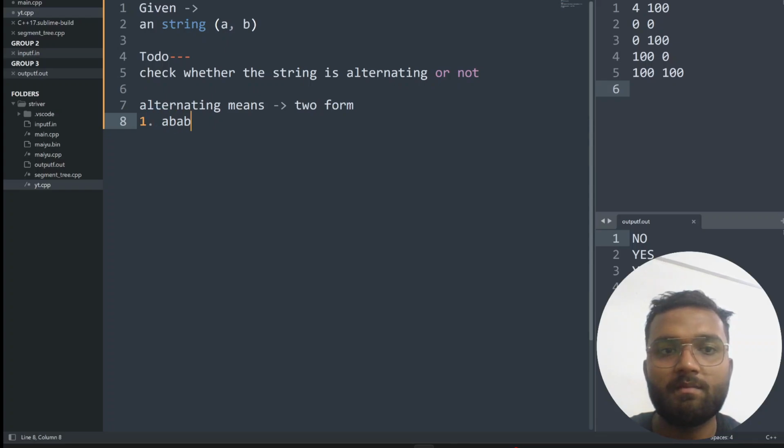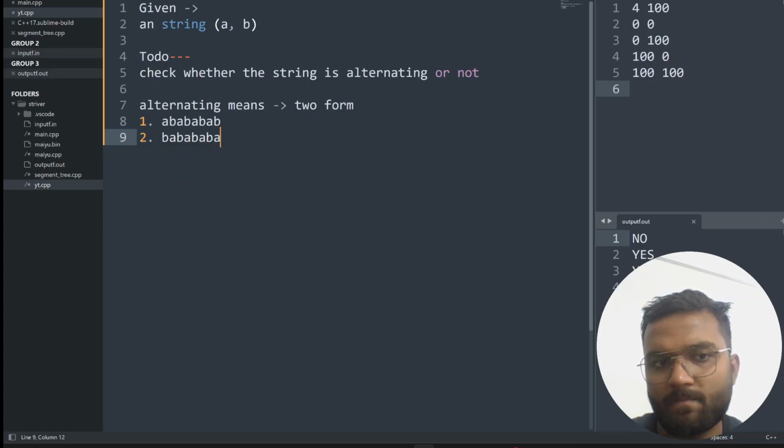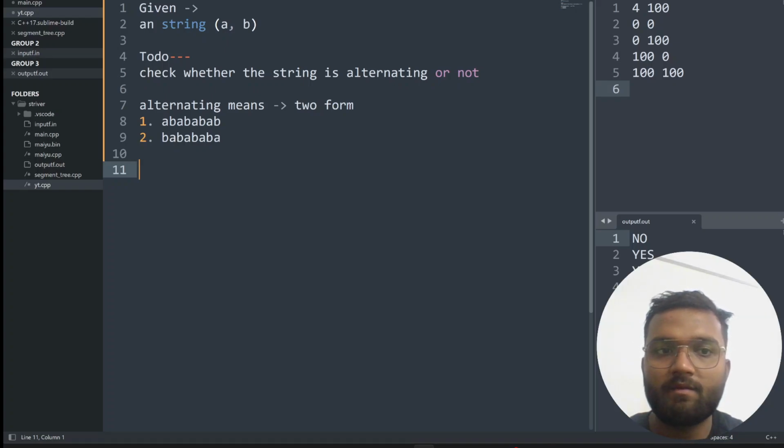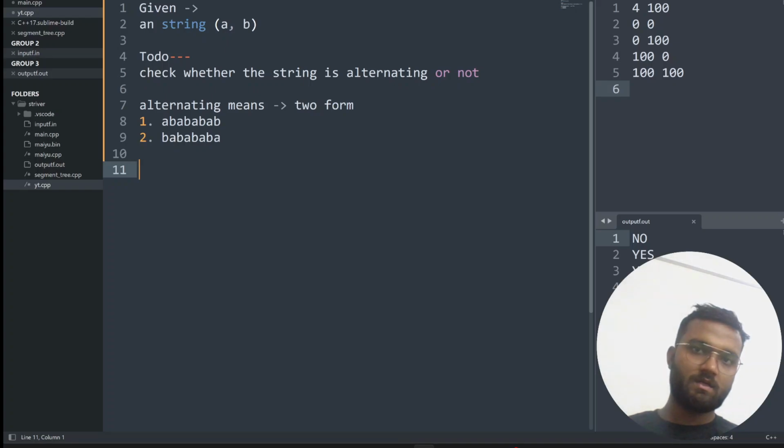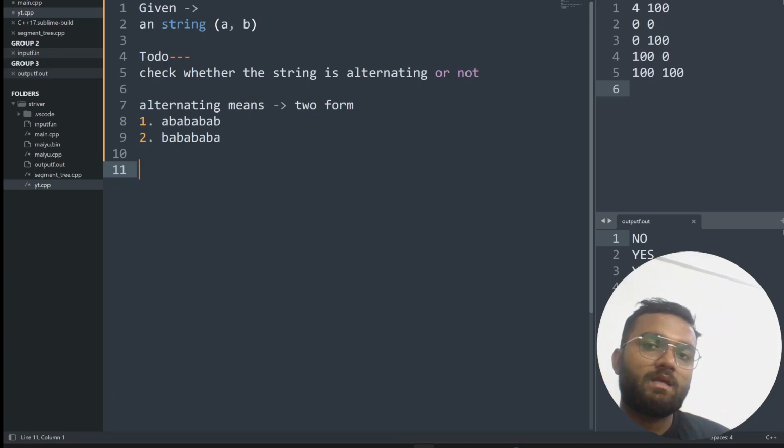First form will be ABAB like this, or it will be BA like this. Alternating means this is the overall question understanding. Now we have been given a string, and we only have to try to make the given string